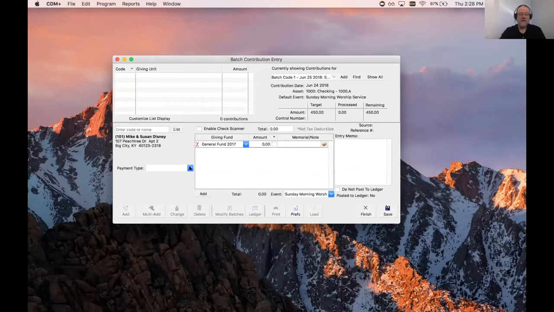What was the payment type? How did they make this contribution? Again, I can drop the list down and choose it, or if it's a check, I can start typing and tab out again. However the workflow is going to work best for you. What was the check number? 689. I'm going to tab into the total gift, and their gift was for